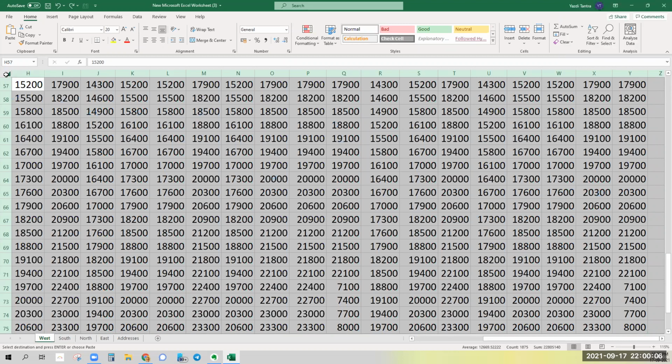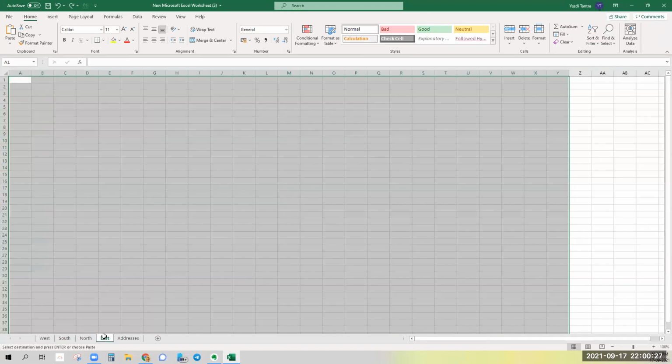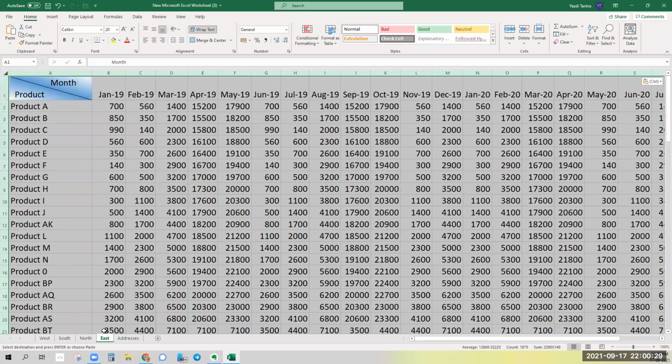There's a lot of data, so one second. Now do Control C, go to a blank sheet. East. Okay, good.